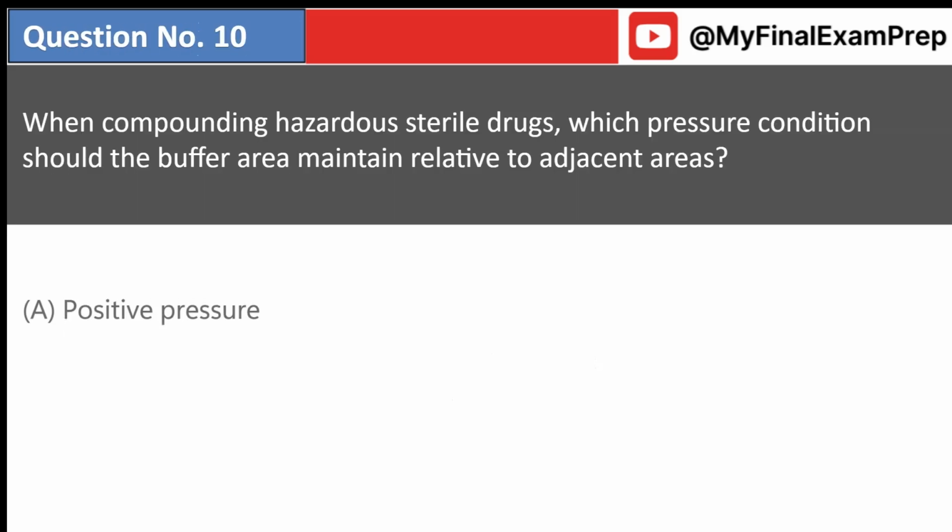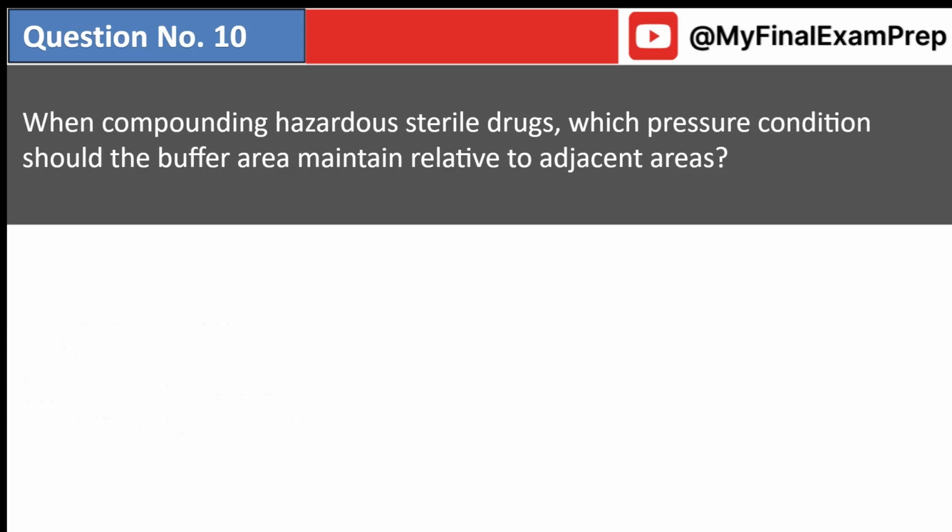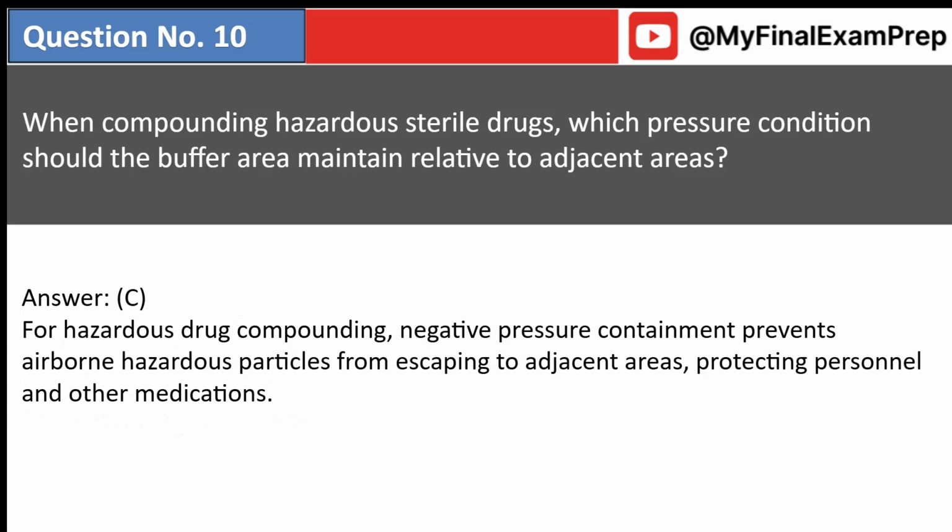When compounding hazardous sterile drugs, which pressure condition should the buffer area maintain relative to adjacent areas? A. Positive pressure. B. Neutral pressure. C. Negative pressure. D. Fluctuating pressure. Answer: C. For hazardous drug compounding, negative pressure containment prevents airborne hazardous particles from escaping to adjacent areas, protecting personnel